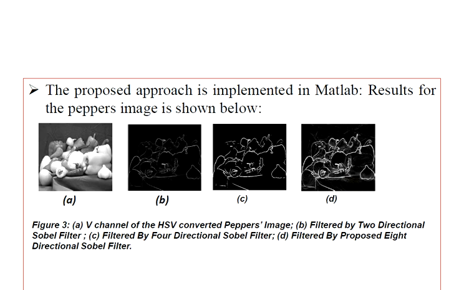Well, so you see this is our normal Sobel filter, and this is filtered using a four directional Sobel filter, and this is the image filtered with my proposed eight directional Sobel filter. Here I am using eight directions. Okay, eight directional Sobel filter. You know, in the normal or default case, two directions are used.